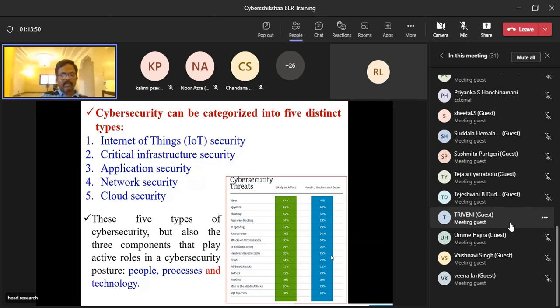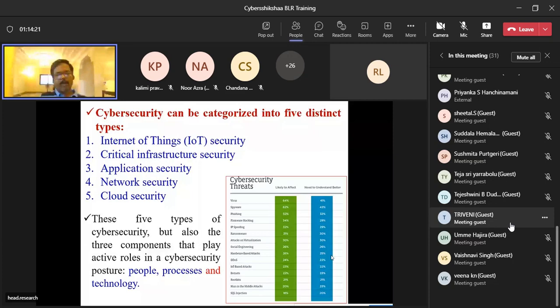Then coming to the cloud security, cloud is nothing but internet-based technology. There are 3 types of cloud security levels: data level security, network level security, and host level security. You can call it these 5 types of cyber security, but also 3 components that play an active role in cyber security, like people,